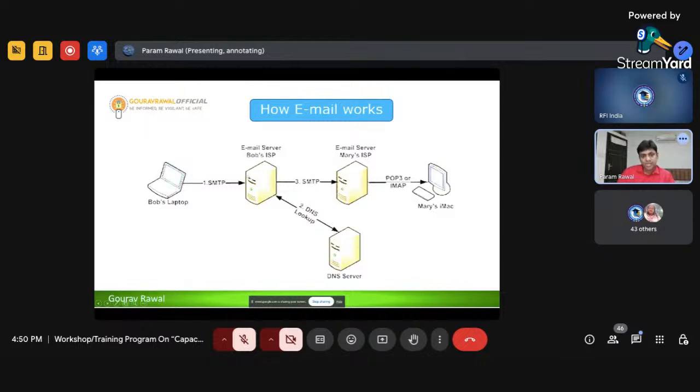Here the mail sent by Bob is stored in Mary's server. And if Mary's ISP provides the facility of Post Office Protocol 3, Mary can also store all the email on her local hard disk.